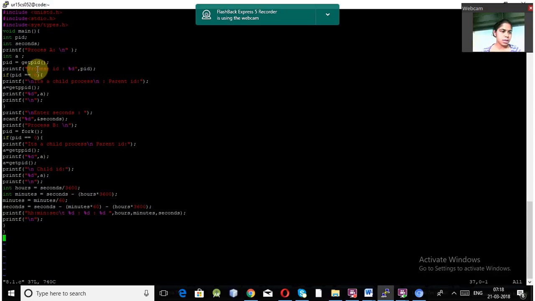First it will get PID. This will take the parent ID and store it in the PID variable. In the process ID it will show, and if process ID equals 0, it will create a child process and ask for the seconds. If the seconds given are more than 6400, then it will calculate in hours. Otherwise the hours will come as 0 and it will calculate all these things into minutes